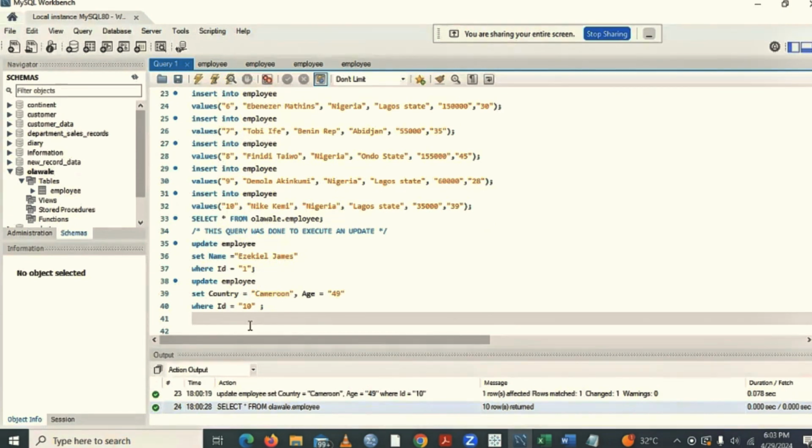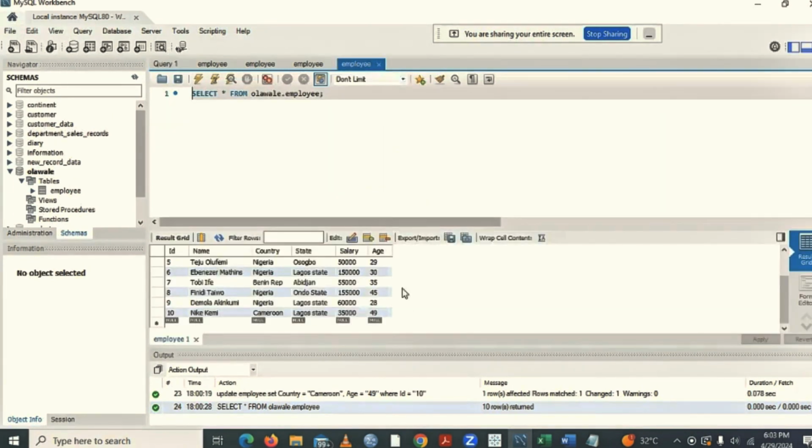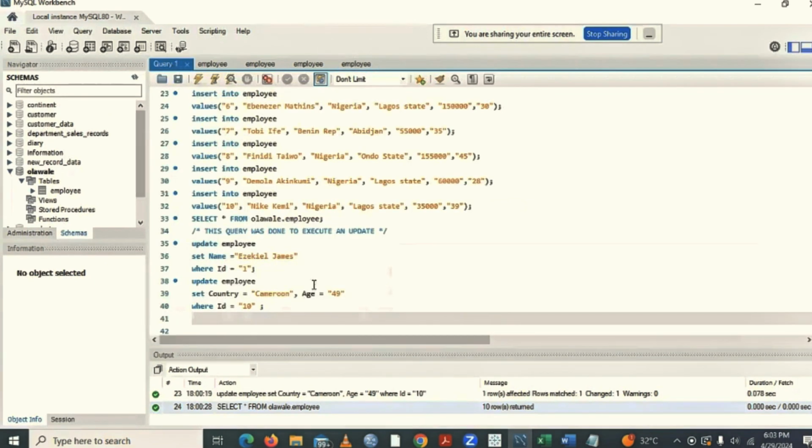How we can delete. Now, let's say that this same person, this same number 10, we don't want this person again. We want to delete it from our database. We want to delete this person from our database. How do we go about it? So I will come down here, then I will write